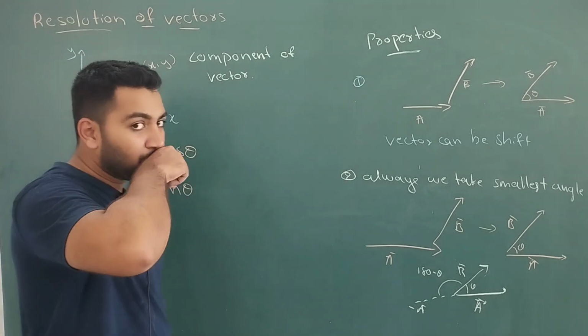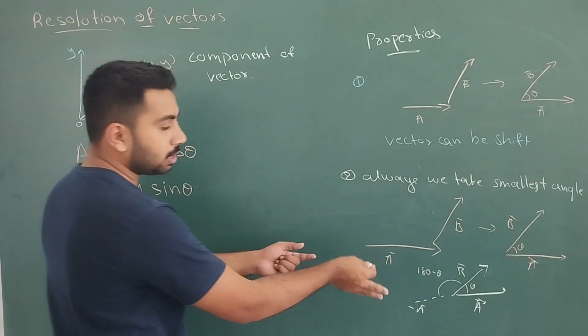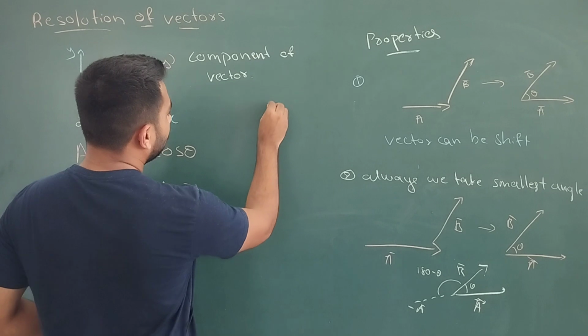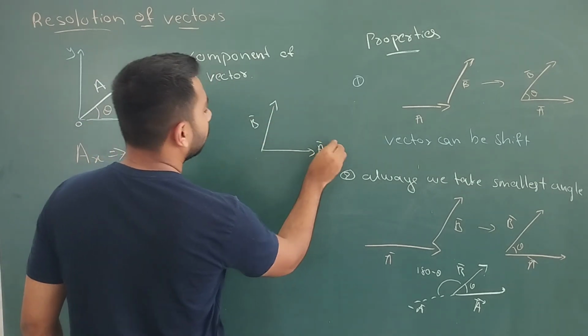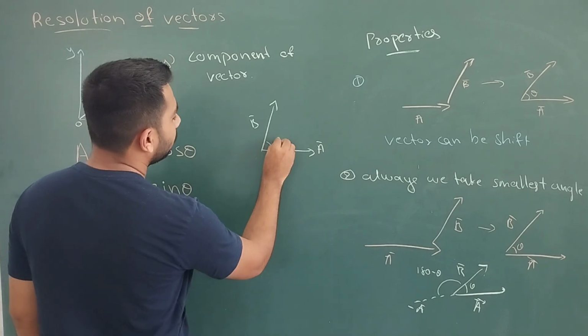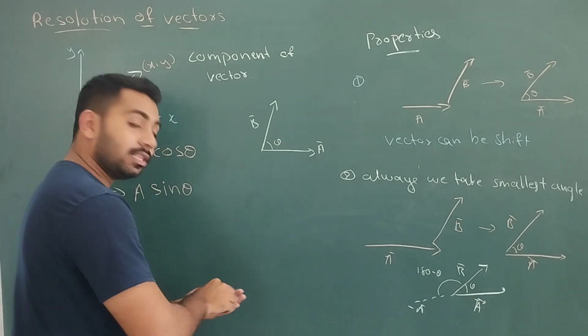Now there is one more thing, the negative vector. I will show this clearly. Suppose this is vector B and this is vector A, with some angle theta. Now if I draw this negative,